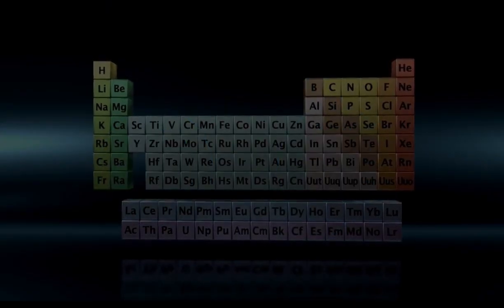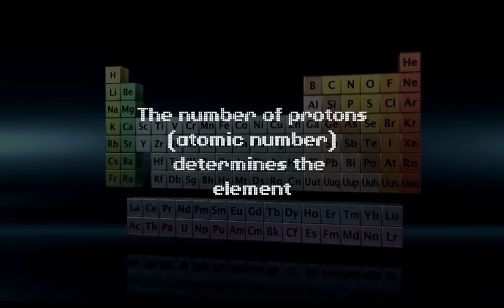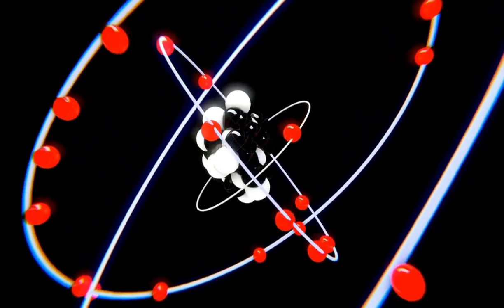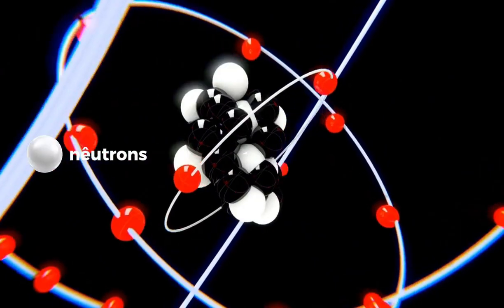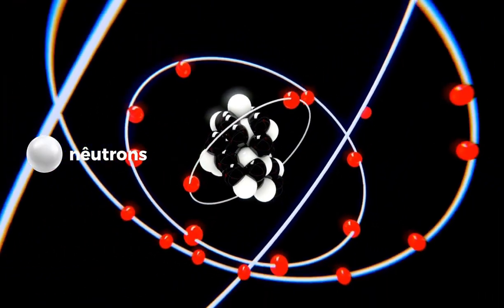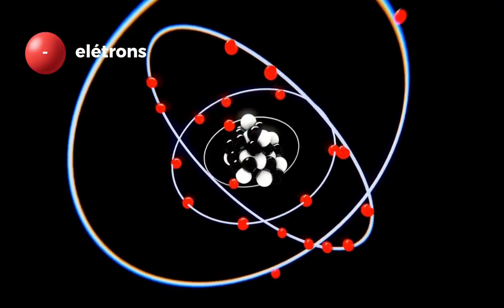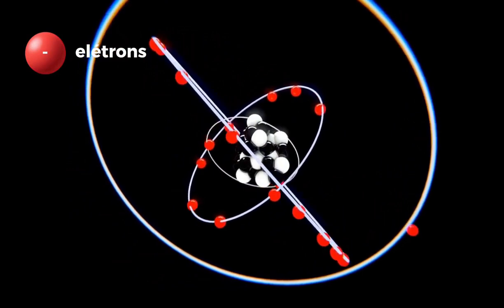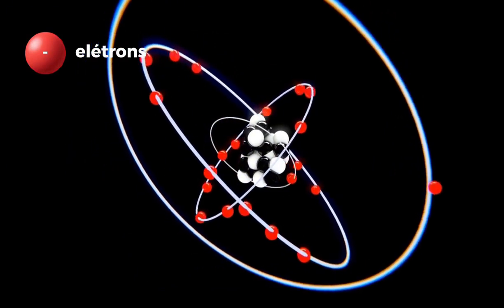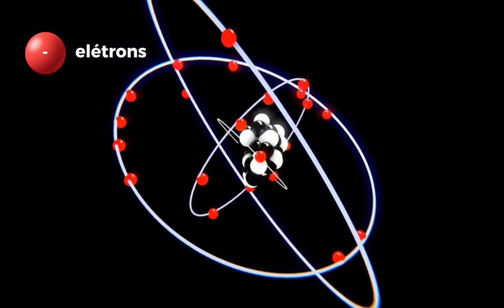And with that, we've already created the elements. By the number of protons, we determine which element will be formed. Also in the nucleus, we have neutrons, which have no electric charge, and their main function is to stabilize the nucleus, preventing the like-charged protons from repelling each other due to their positive charge. Electrons, on the other hand, have a negative charge, -1, and orbit the nucleus in regions called energy levels or shells. They are directly involved in chemical bonds, so the more external they are, the more important they become for